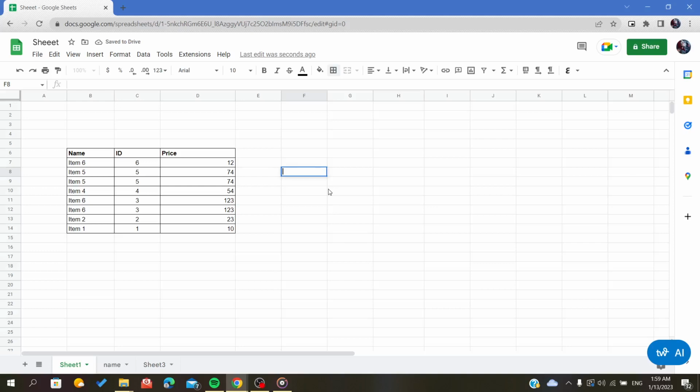Hello everyone. In today's tutorial, I will show you how to arrange your data alphabetically. So the first thing that you have to do is to open your spreadsheet on Google Sheets and follow these